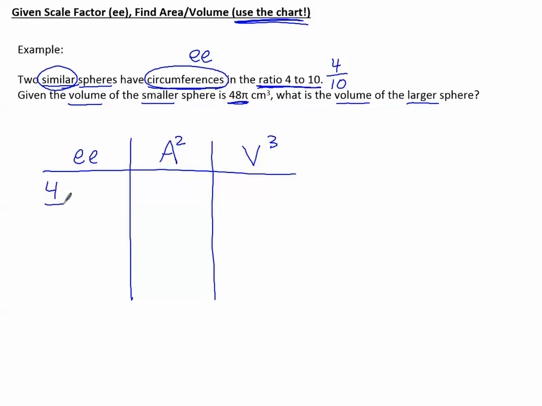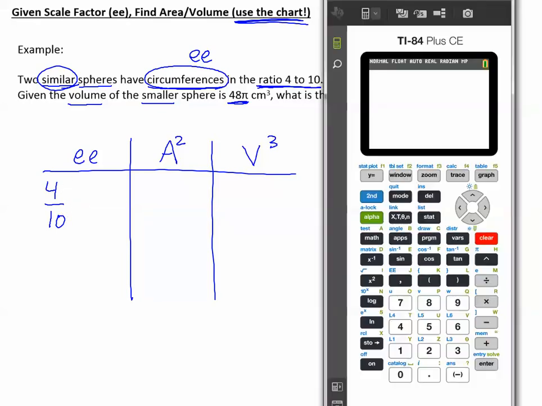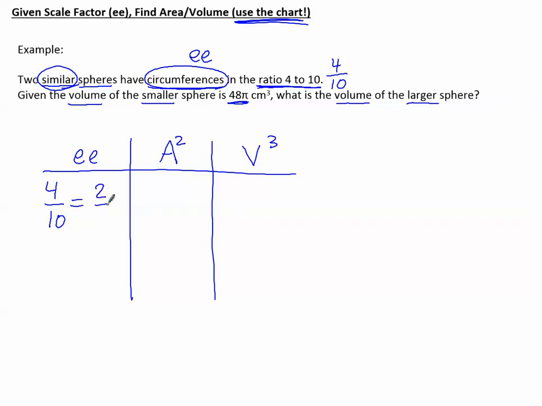So I go 4 over 10. Now, before I do anything, I ask myself, can I reduce that fraction? And I can. I can do this in my head because I know they're both divisible by 2. But just to practice, if it's a more complicated fraction, using our calculator, we can type 4 divided by 10. We could press enter or not and go to math, frac. It always gives us the reduced fraction, 2/5 in this case. So this equals 2/5, and this is going to be the ratio that I use to fill in the rest